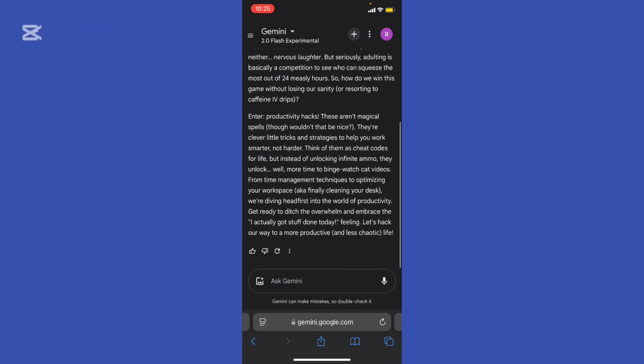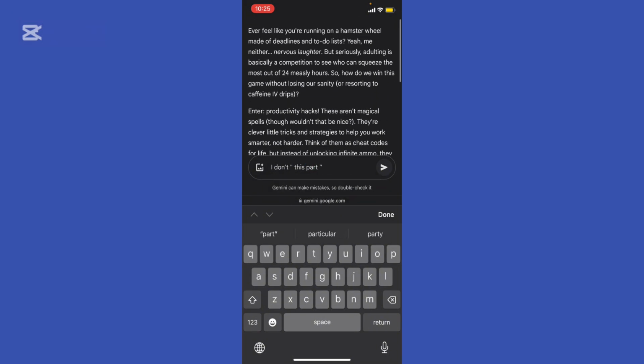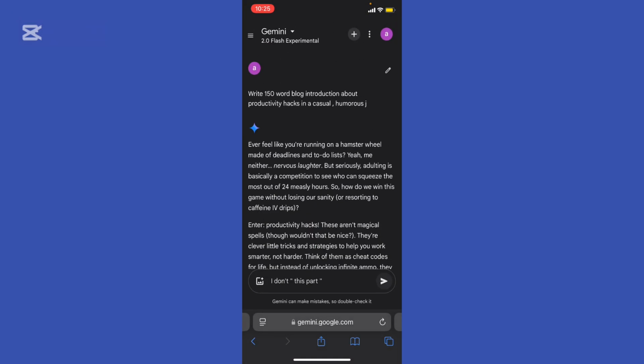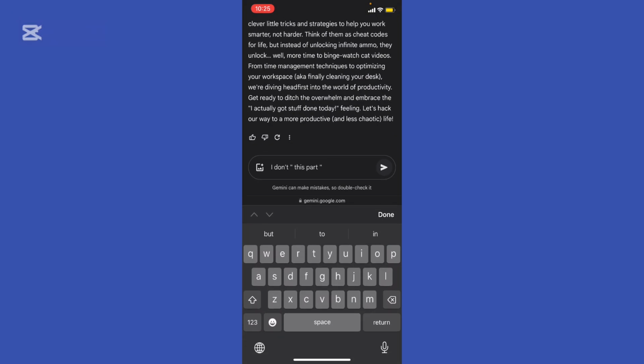And once Gemini generates an output, review it and provide feedback if there is one, right? For example, highlight the parts that you like or dislike. I don't like this paragraph, right? Example, or this part. And you're gonna enter the part that you don't like, for example, maybe the first paragraph, right? Or the next one, right? From here. So enter that I don't like this part, right? Or this part